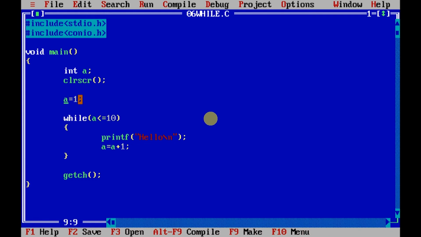In this program we are changing the value of variable a from 1 to 10 by incrementing every time by 1. So here if you make a small change to this program, we can print the numbers from 1 to 10. Here instead of printing hello, we can print the value of variable a, and let's see the output of this